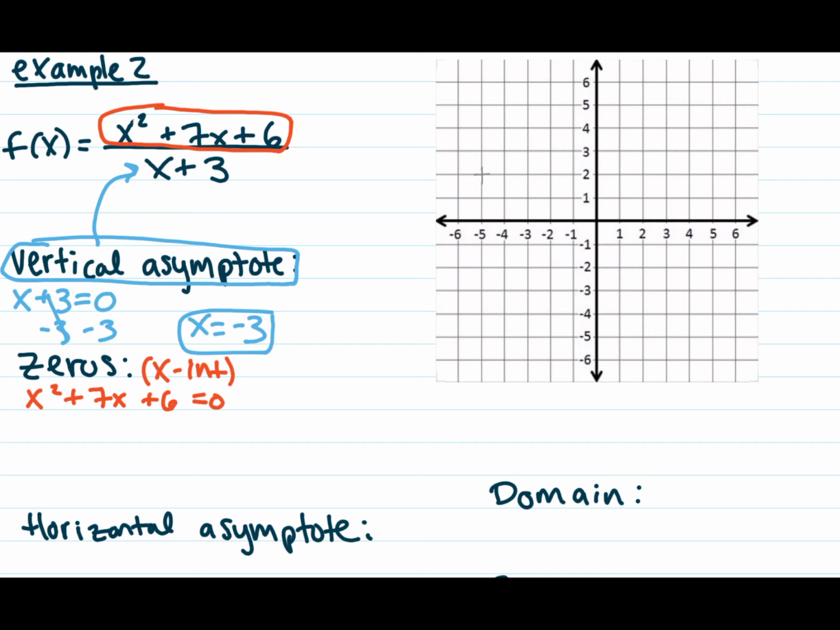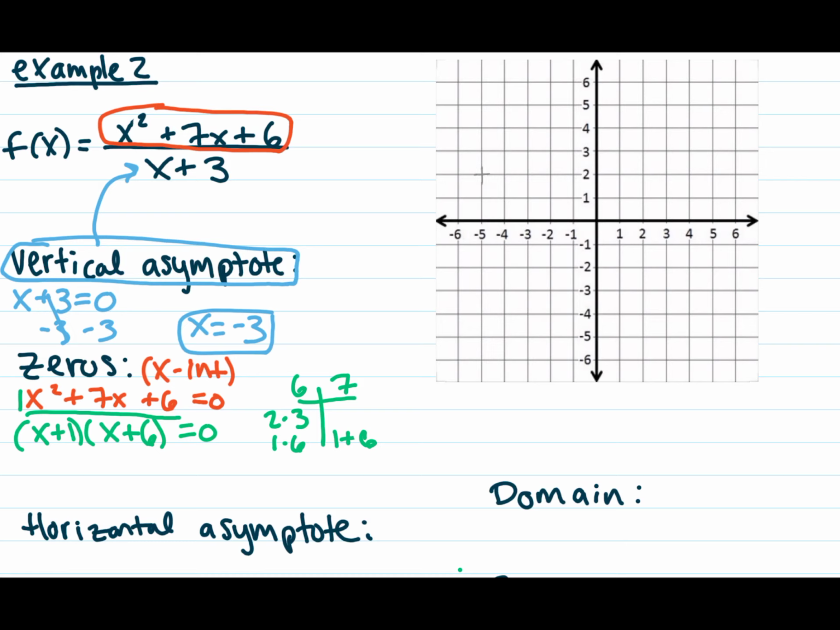Well, I do know how to factor this part. So let's come over here and factor it. It's a quadratic trinomial with a leading coefficient of 1, so it's going to be really easy to factor. We're going to have numbers that multiply to 6 and add to 7. All right, so 2 and 3, 1 and 6. Clearly it's 1 and 6. So then I'm going to factor this, so it's going to be x plus 1, x plus 6